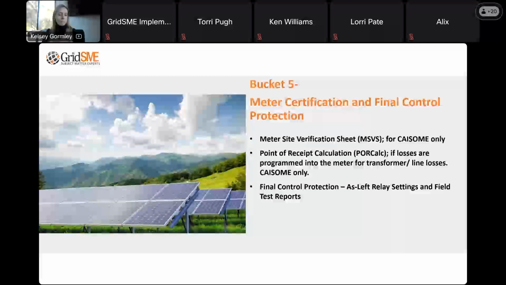What the process typically goes like is we get that meter site verification sheet, we review it for completeness, it gets uploaded to CAISO. CAISO has to validate it. If they validate it and all of the fields are filled out correctly and there's no errors, they issue a DocuSign request to the first signatory, and then it moves through the process and goes from the meter installer to the meter programmer to the meter inspector to the resource owner.